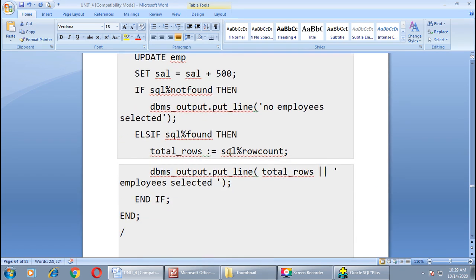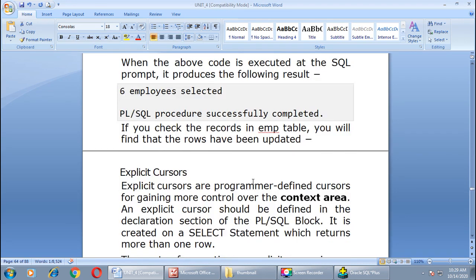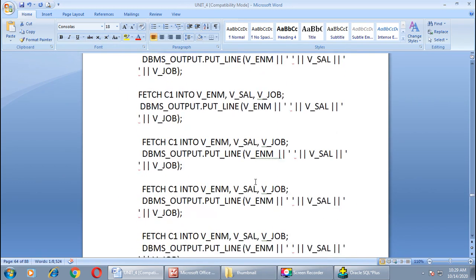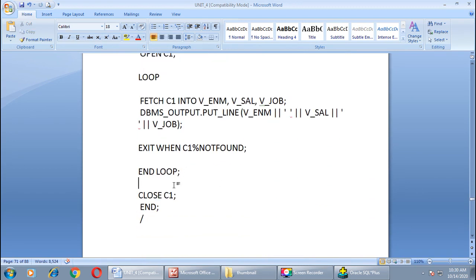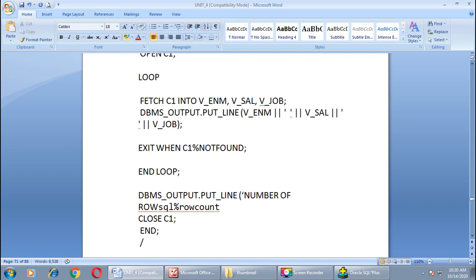Let us use percent row count, SQL percent row count. Number of rows selected.